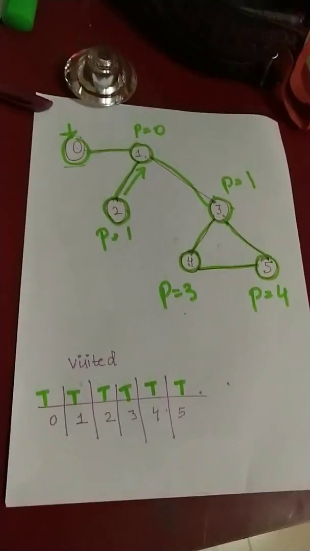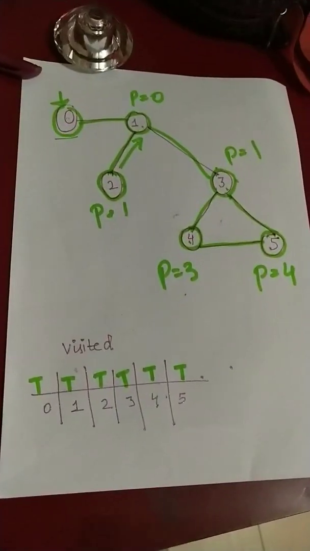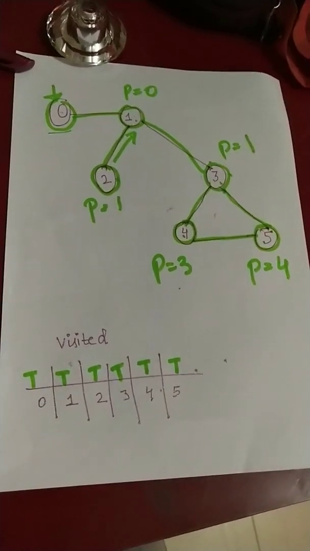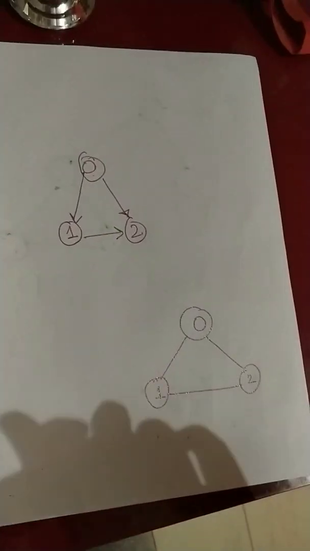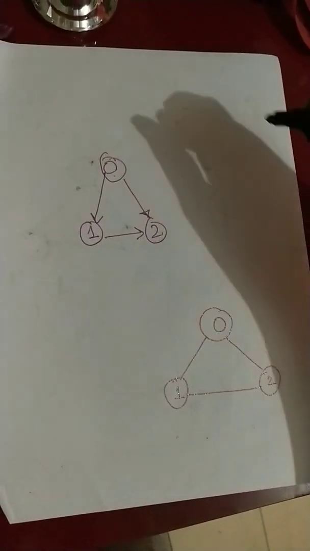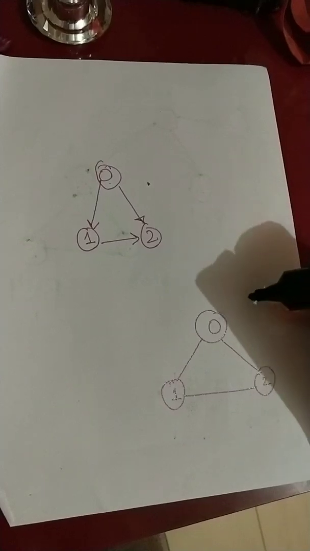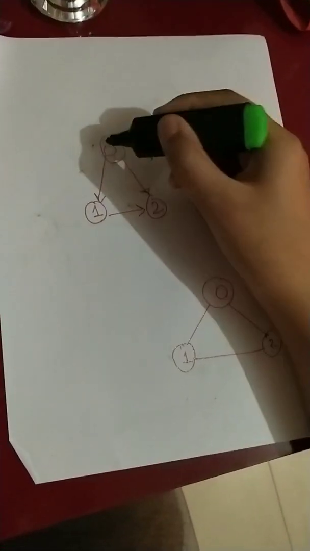So we notice a difference here. For the case of an undirected graph, we don't need to maintain an in-the-call-stack array like we were doing for a directed graph. Why is it so? For understanding that, let's look at these two cycles. This one is for a directed graph, this one is for an undirected graph. If I start exploring here from 0,